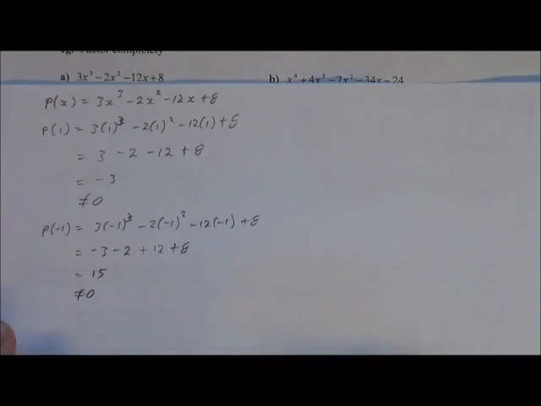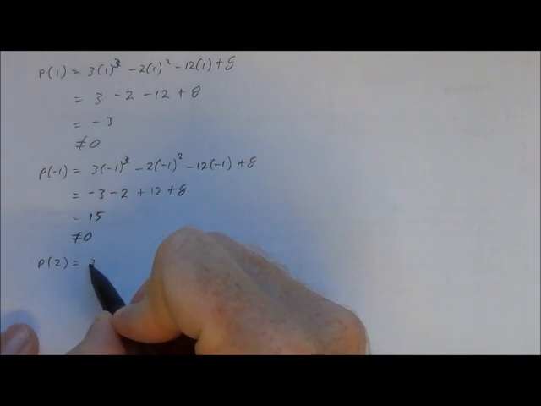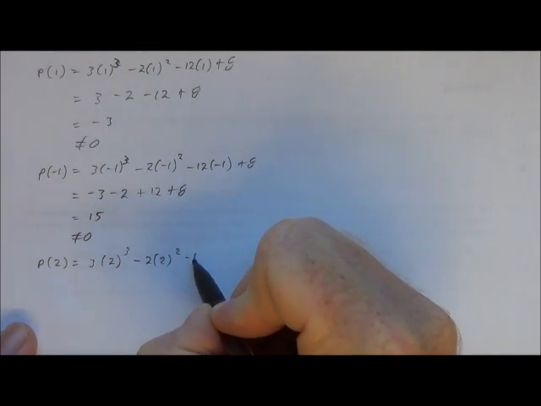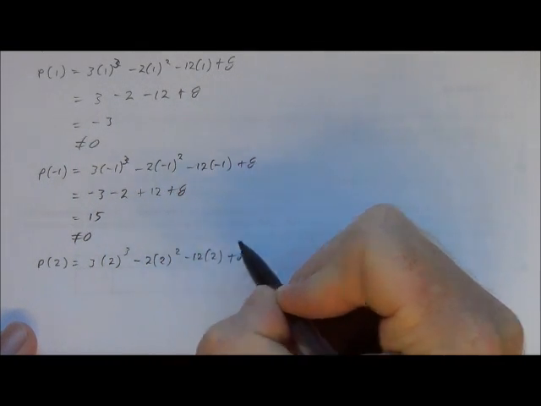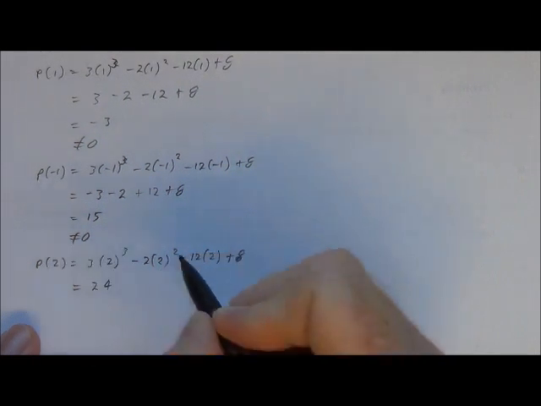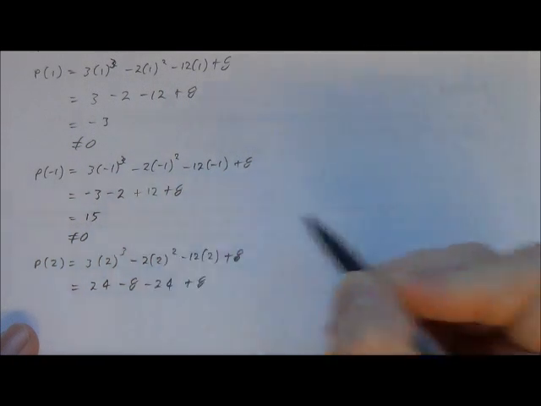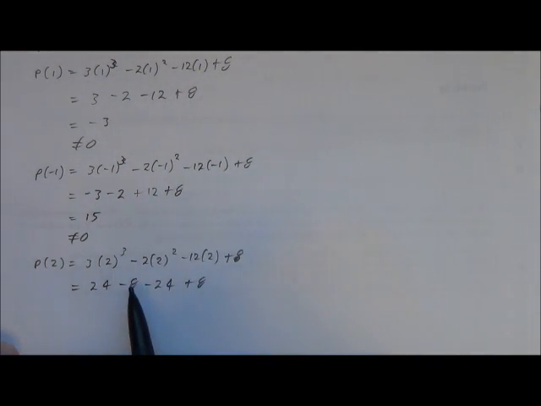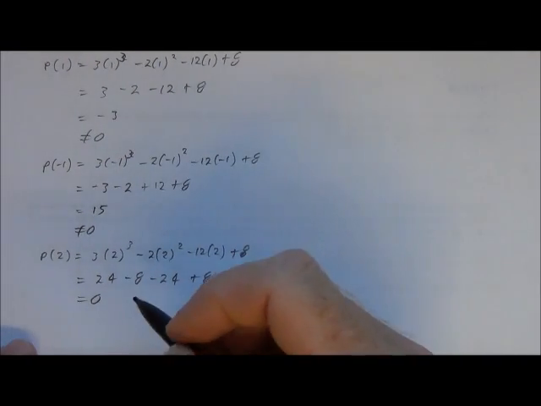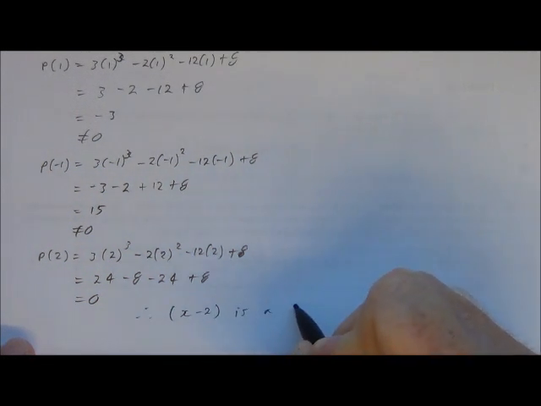Okay, so we got to go a little bit further here. Try p of 2. See what that gives us here. 8 times 3 is 24, minus 24 plus 8. Okay, well you can see there 24 minus 24 and negative 8 plus 8, that will give us 0. So then at this stage, it's important then to say, therefore, x minus 2 is a factor